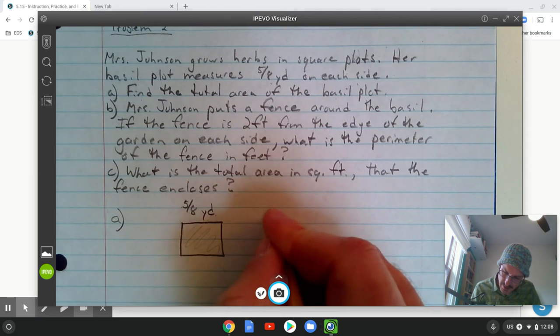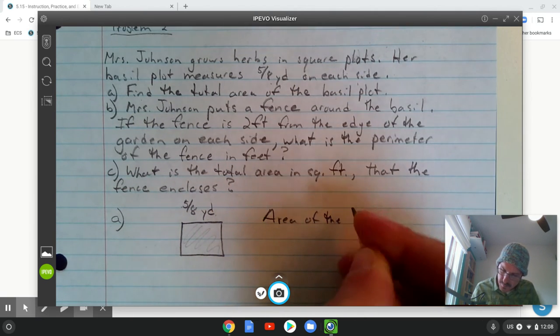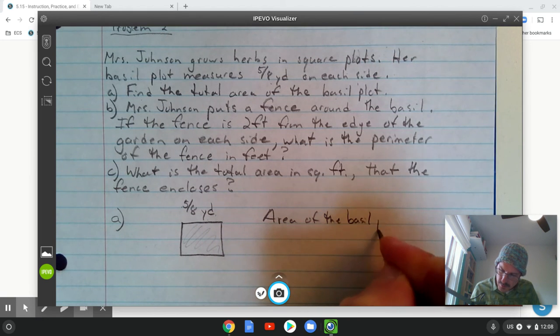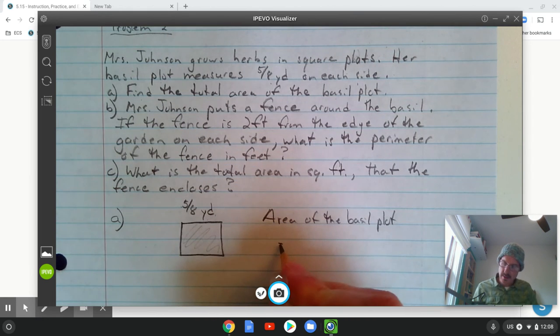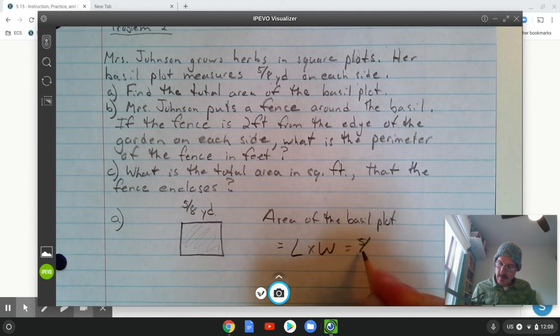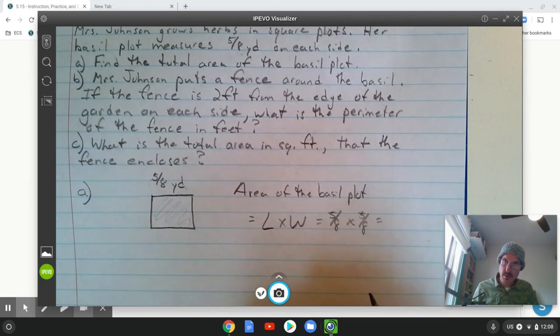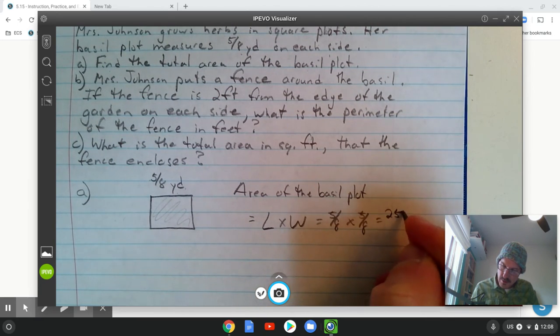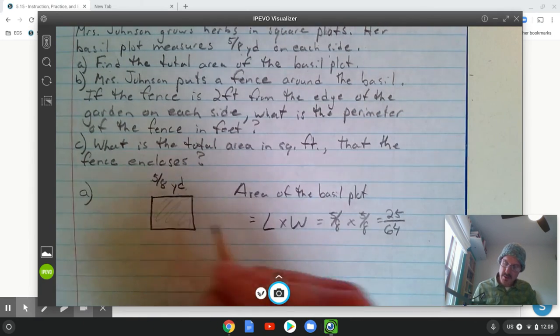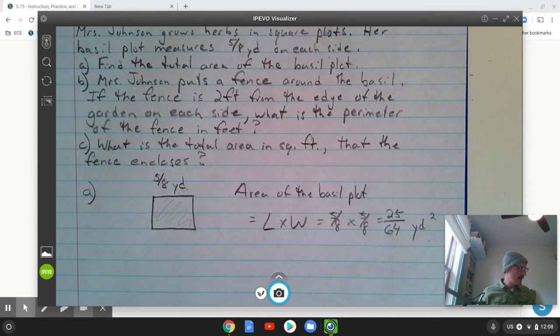So to find the area of the basil plot, it's going to be the length times the width, which is going to be 5/8 times 5/8, which is 25/64 square yards. Okay. All right, that is A. For B,